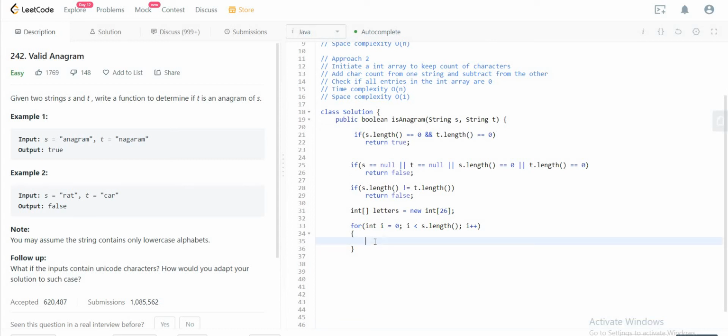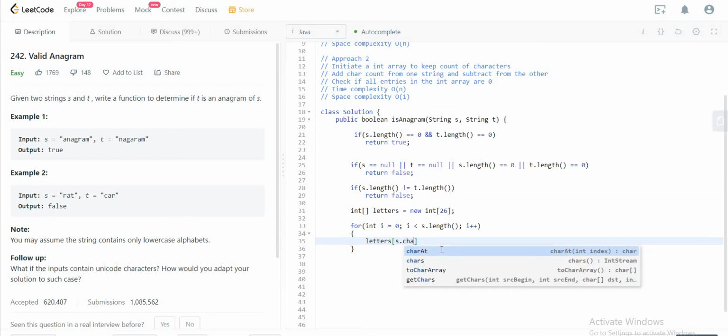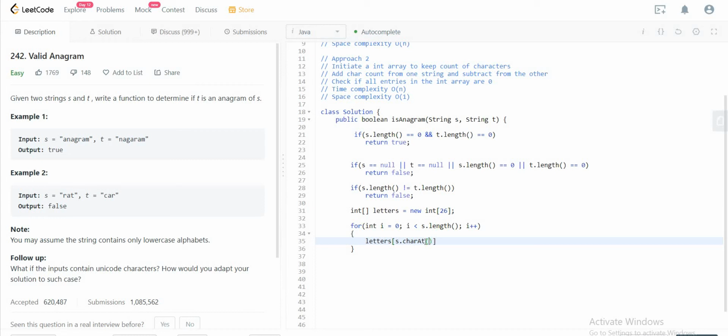Cool. So what are we doing here? Yes, so we would say letters of s.charAt(i)